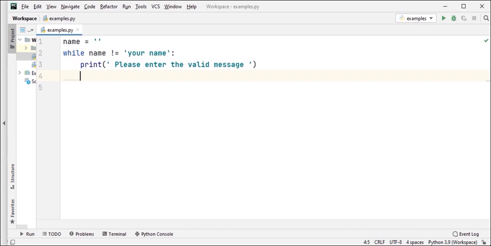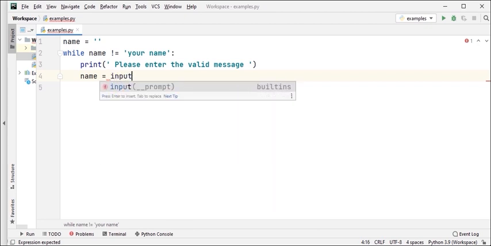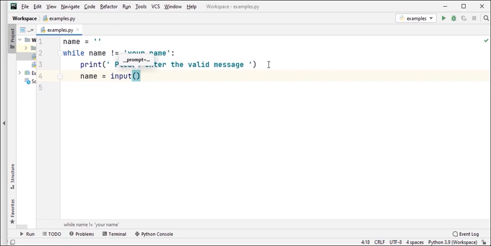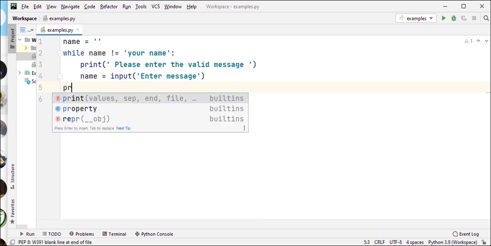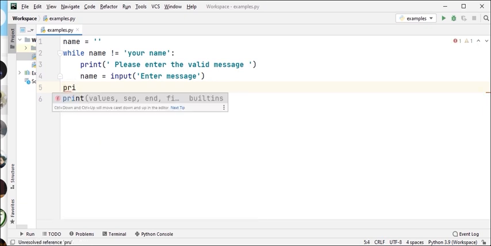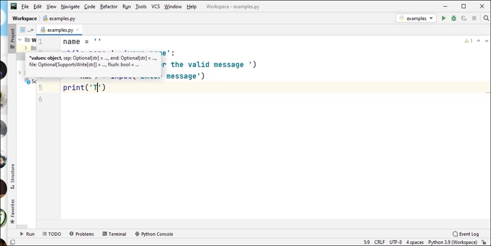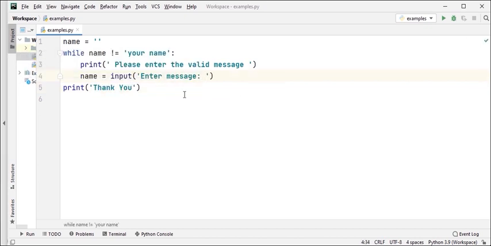Then I will take name is equal to, I will use the input function and then I will prompt the user to provide an input, and here I will write enter message, and then I will come out and print thank you. So when I run this,